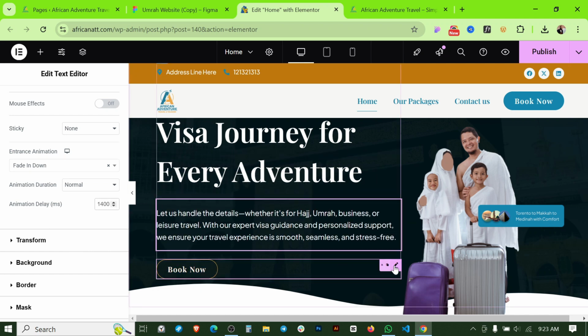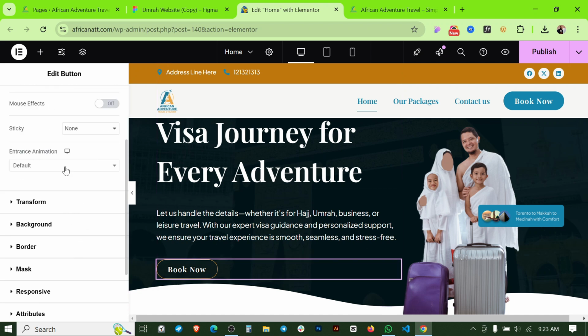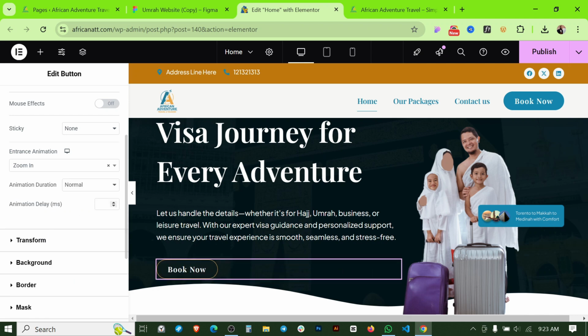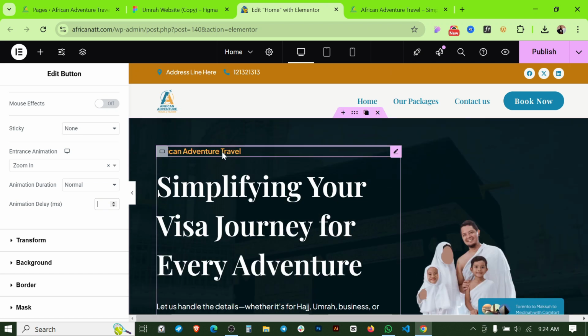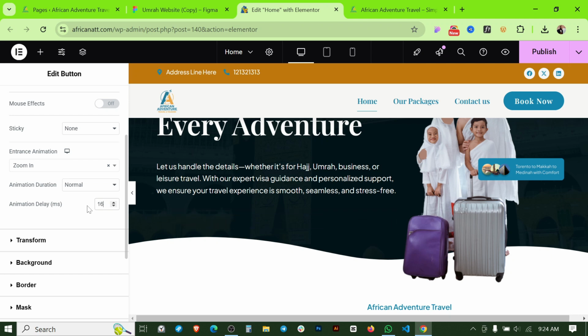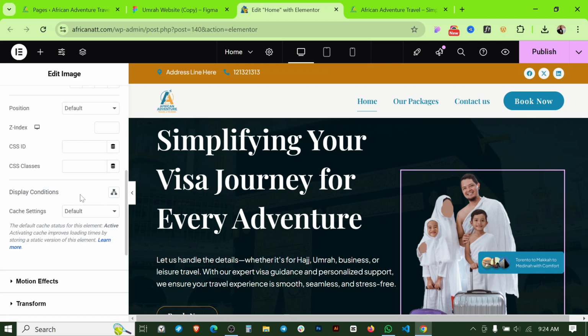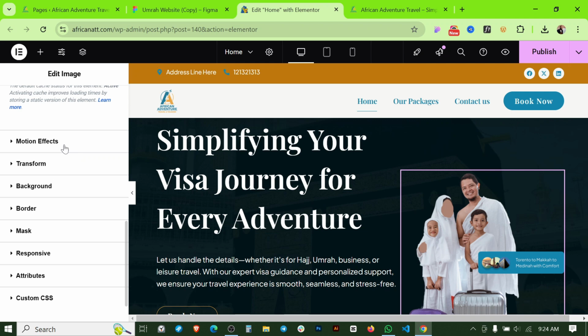And here we can use the motion effect from default to, we can make it zoom in, and we can make it 1000, 12, 14, 16. And here this section, this image, we can also use some motion effect, like